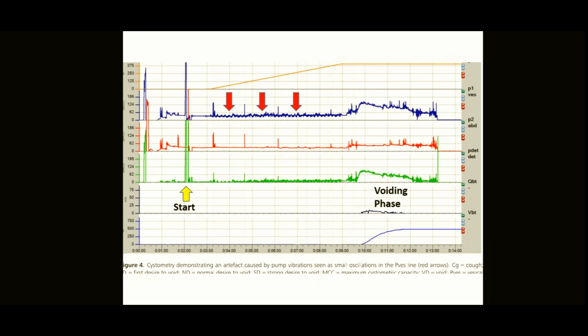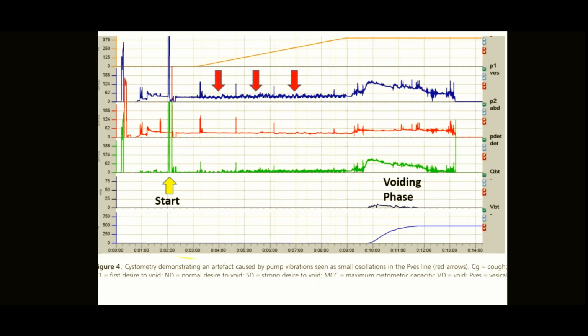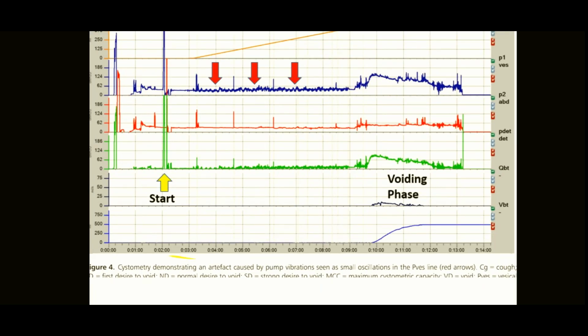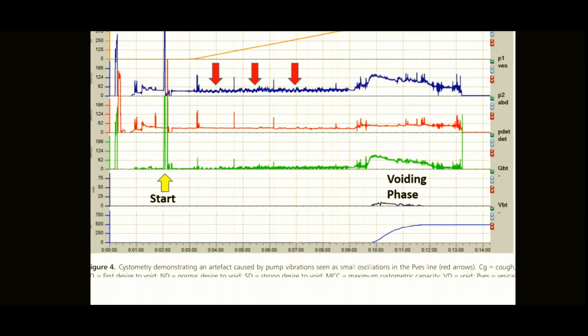Now here you will see that the first one is the bladder pressure, second is abdominal, and third is the detrusor. And the bladder is showing shaky vibrations in the pressures. This is nothing but an artifact. There can be some wobbles that you may be seeing. It may be because of human errors or because the transducers are not in place. So always check that first.